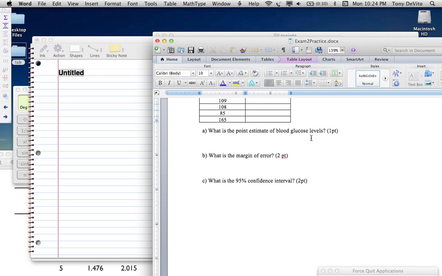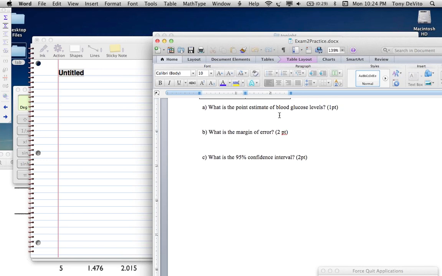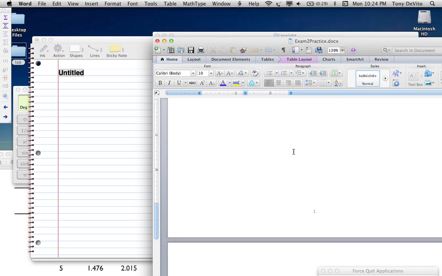Okay, let's see if we answered these questions. What's the point estimate of the blood glucose level? Well, we know that that's the mean. What's the margin of error? We know how to calculate that, the t-score times the standard error, and the 95% confidence interval. We figured